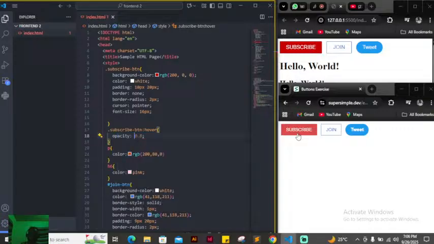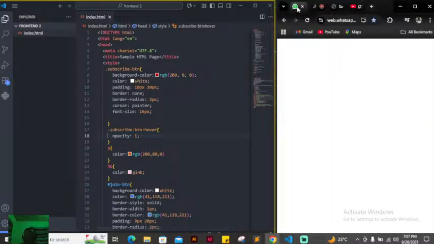Now, opacity has two values. Opacity is either 0 or 1. When opacity is 0, please pay attention to this, it means that when the cursor gets there, that button disappears. It's not that it disappeared actually, it's just that it faded out. But when the opacity is 1, what you observe is that the color remains despite the fact that